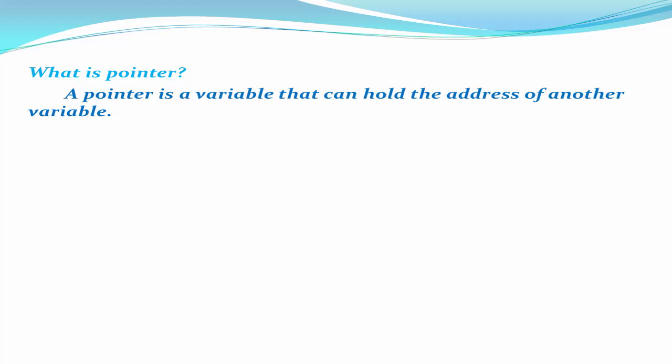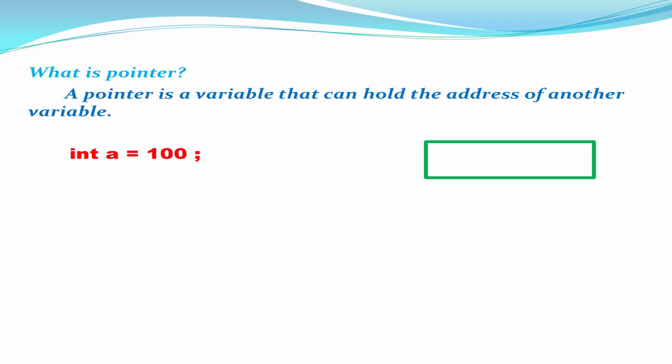Here we create a normal variable int a, which is initially assigned 100. When we assign a equal to 100, the computer stores this value in a memory cell. Suppose this is a memory cell. All of you know each memory cell has a unique memory address to identify the cell. Suppose the address of this memory cell is 21346 and the computer stored the value 100 at this location. A is the location name.